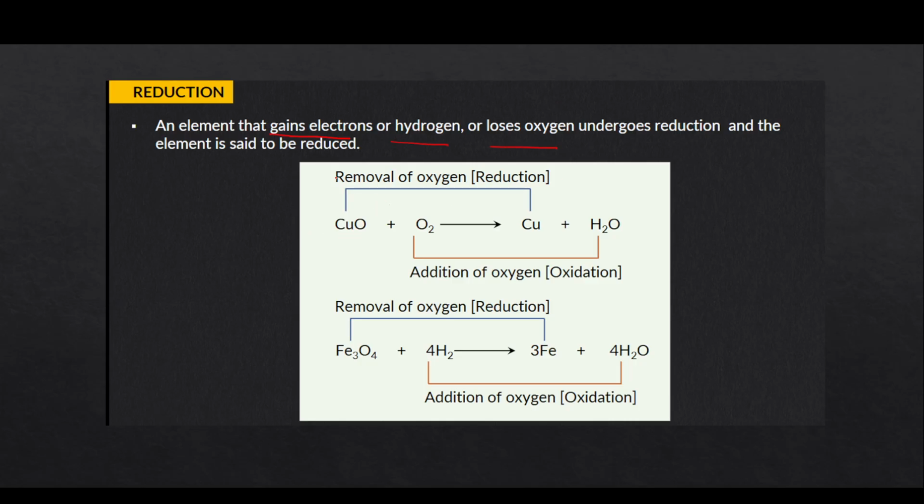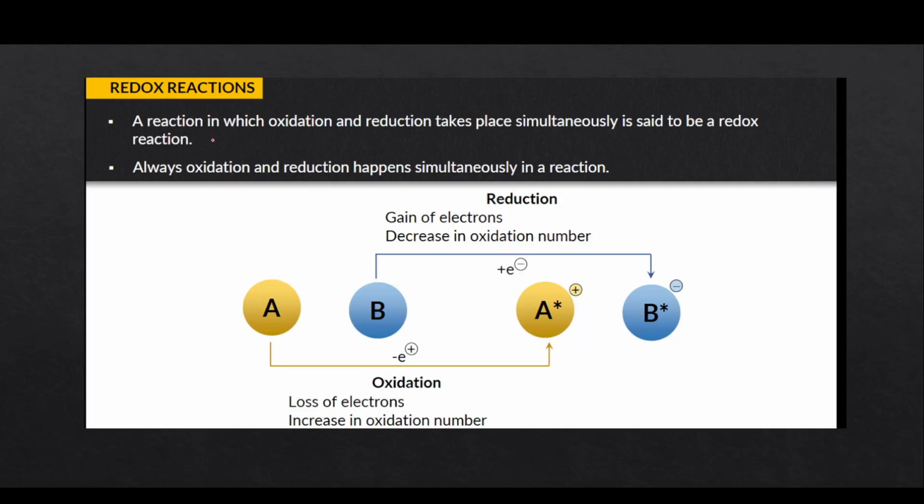And here you can see this has oxygen here, right? And here we just have copper. So this is reduction, removal of oxygen, and here removal of oxygen, again reduction. You can see with iron we don't have oxygen here, right? So a reaction in which both of them take place, oxidation and reduction at the same time, is called a redox